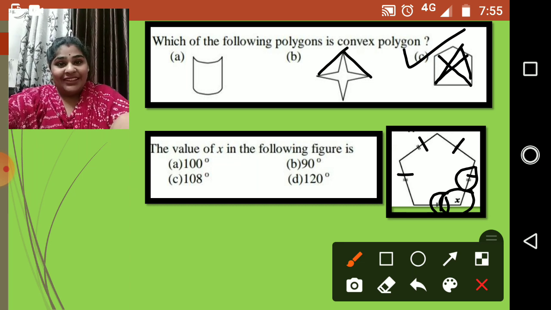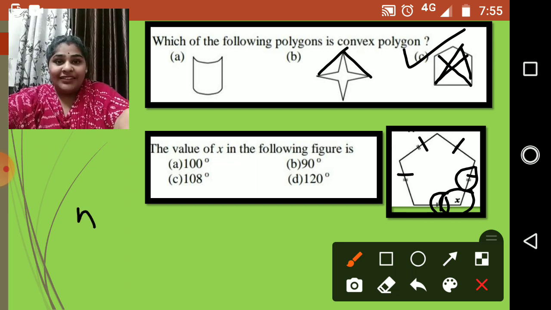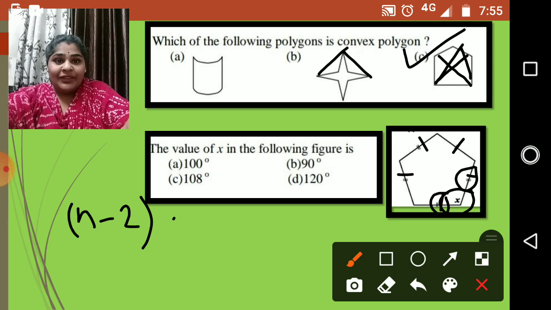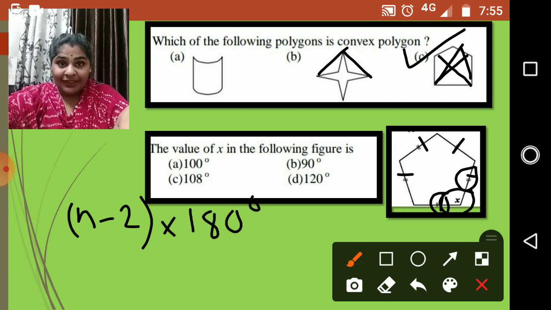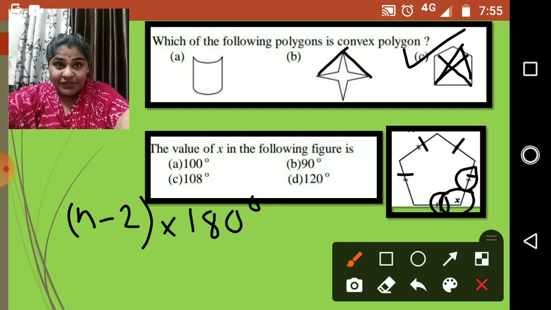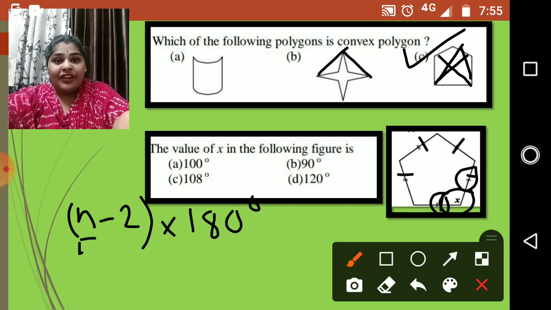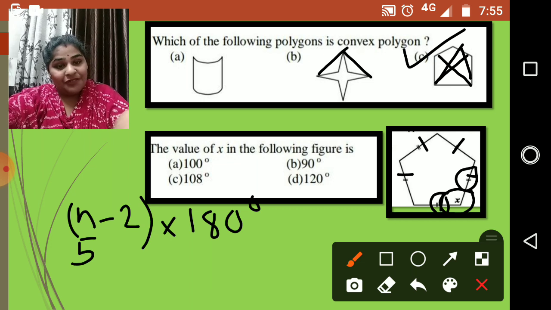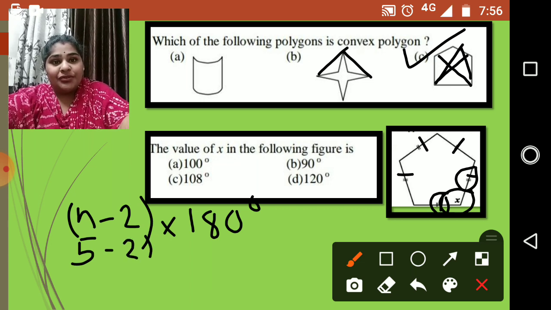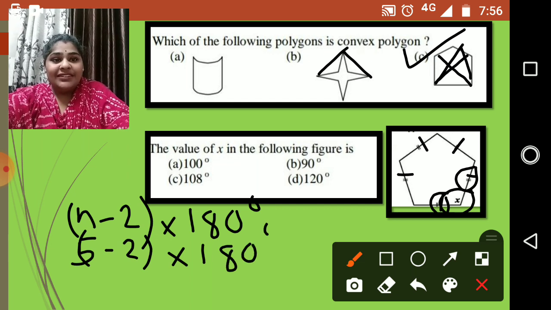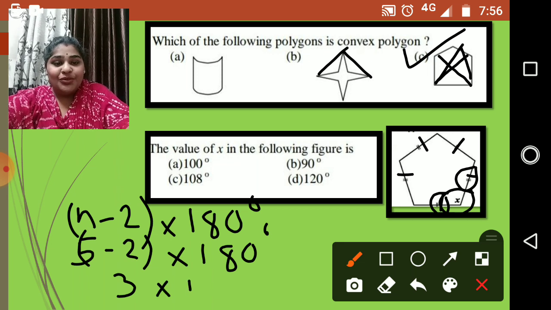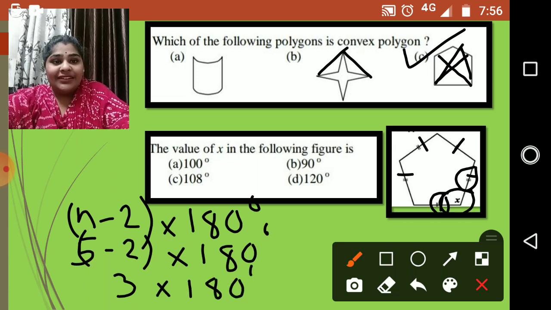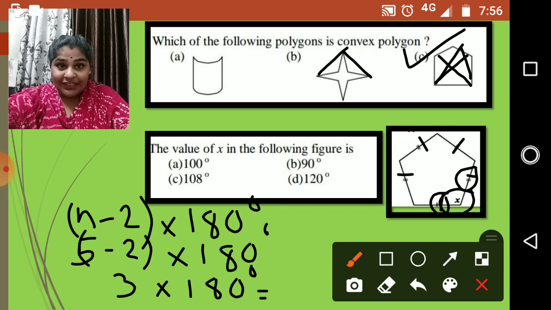Now I know the formula, that is (n minus 2) multiplied by 180 degrees, right? n is the number of sides and here the number of sides in the given figure is 5. 5 minus 2 in the bracket multiplied by 180 degrees. Now 5 minus 2 will be 3 into 180 degrees, which is nothing but equal to